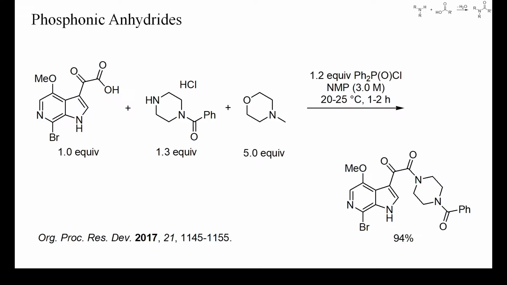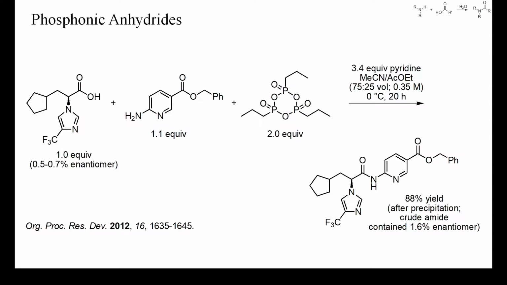Some of the side reactions observed here were displacement of bromide by chloride in the starting acid and decarbonylation, but these could be suppressed to acceptable levels when using the optimized coupling conditions shown here. The main problem of this example was racemization of the acid. A large number of different coupling strategies and bases were tested, and best results were obtained with the phosphonic anhydride and pyridine as base. Without base, no acylation of this unreactive aminopyridine occurred.